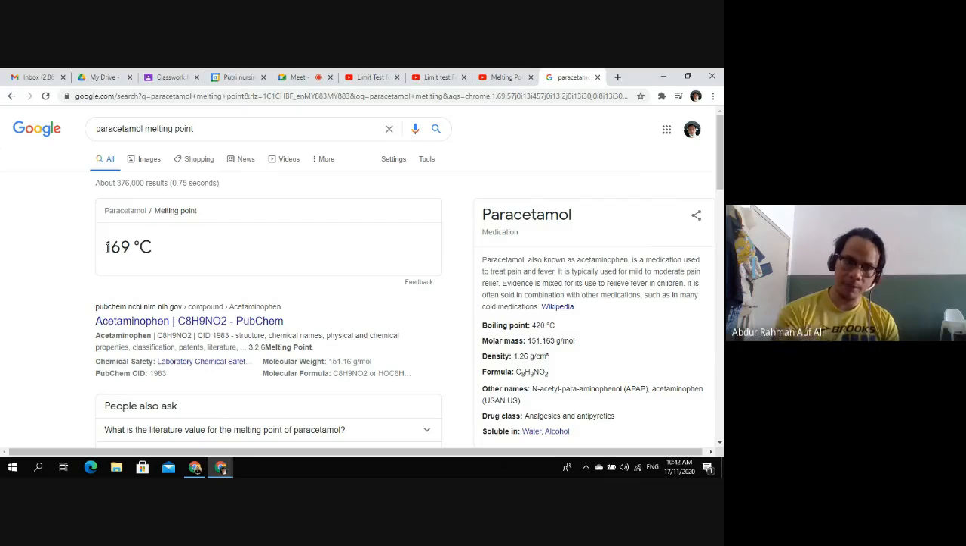So kalau saya dapat sampel Panadol daripada production department, saya nak confirm adakah ini Panadol. So saya tahu the active ingredient of Panadol is paracetamol. Saya buka pharmacopoeia atau saya Google sini, saya tahu the melting point is